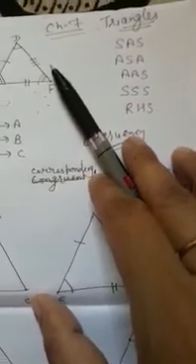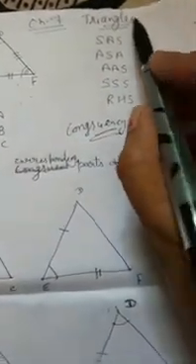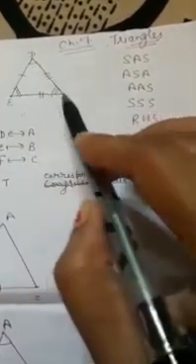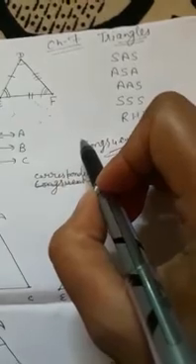So, today we will start the revision of chapter number 7, that is triangles. What is a triangle? A triangle is a three-sided polygon in which there are three angles. Now, in this chapter, we will learn about congruency. This you have already learned in 7th and 8th class. So, in detail, we will do it now.